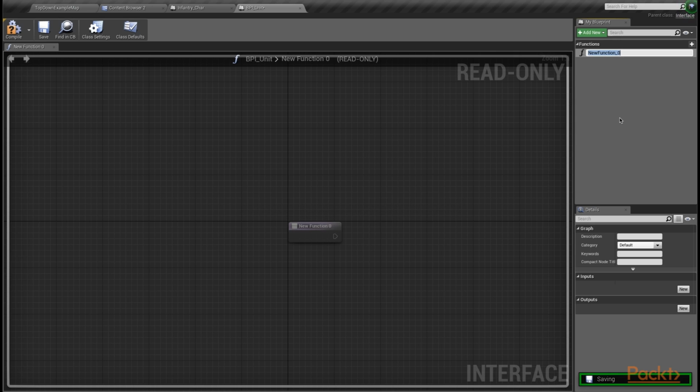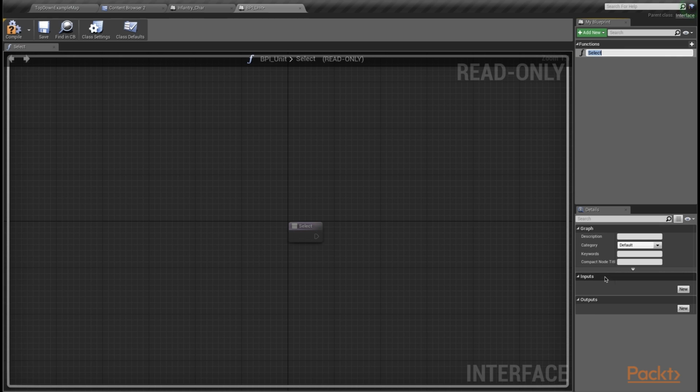So the first time you open a blueprint interface, it already has a function ready for you to rename. So let's go ahead and rename this as Select. You'll notice we're using a very similar name to the action mapping that we used. That's because these are going to line up. When we have that action mapping come down and say select, we'll be able to send this select command to a particular unit, or even a group or several units at once. With Select, this is not going to have any inputs or outputs. It's basically just going to be an event that we can send to a particular blueprint